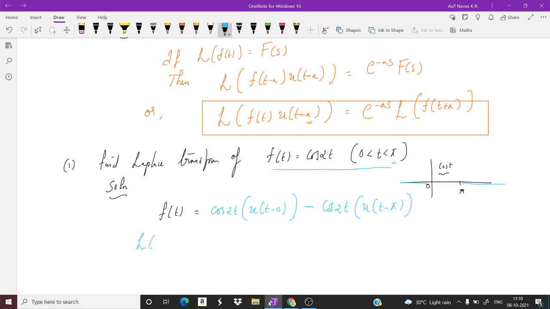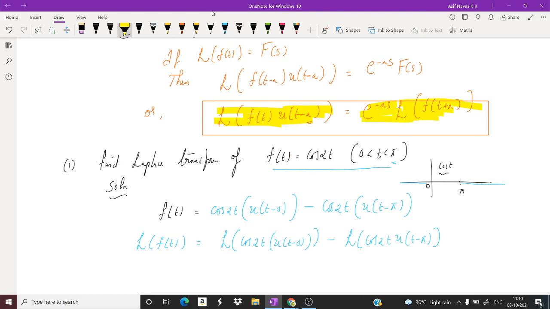Laplace transform of f of t is equal to the Laplace transform of cos 2t into u of t minus 0, minus the Laplace transform of cos 2t into u of t minus pi. So we can use this. If we are using this, then we can easily